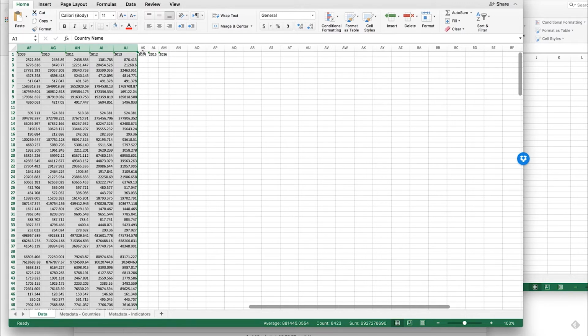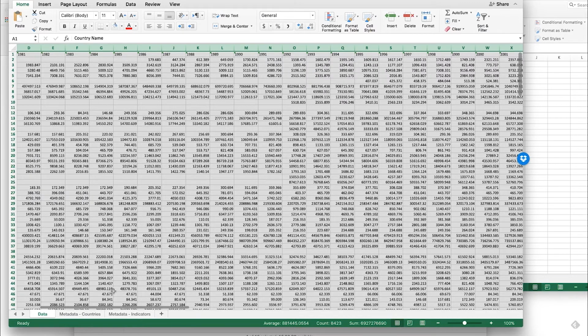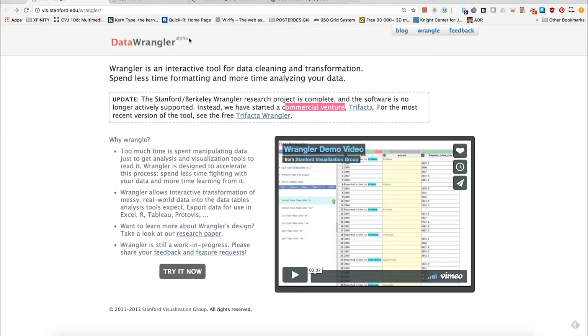I didn't do it, but if we are going to save this perfectly clean, it will be appropriate to remove these columns before saving the original file as a modified file. Okay, so we have all the columns selected, all the values selected on our data set. I'm going to copy, Command C or Control C, and I'm going to go to Data Wrangler.